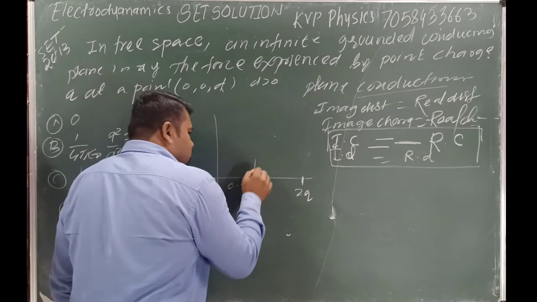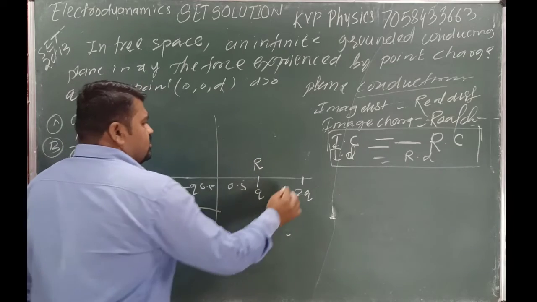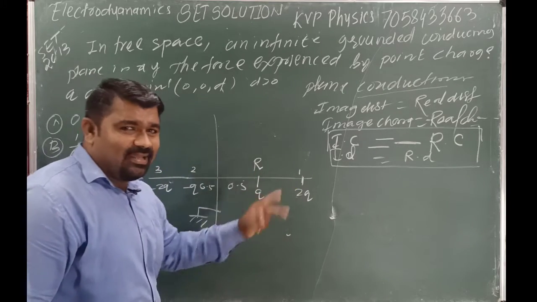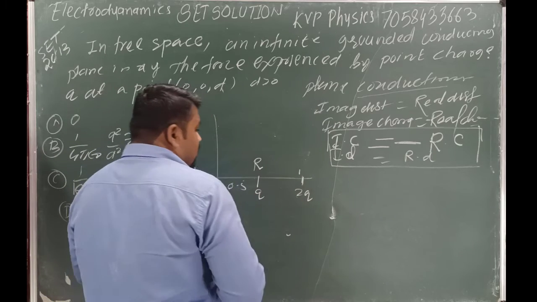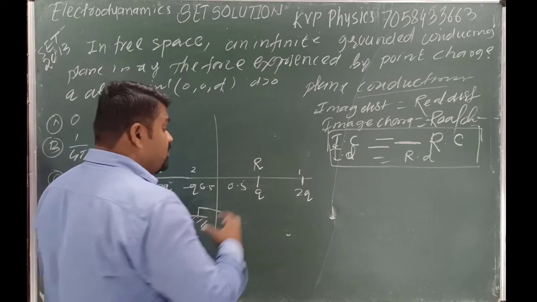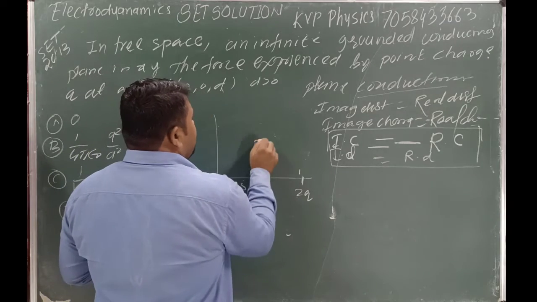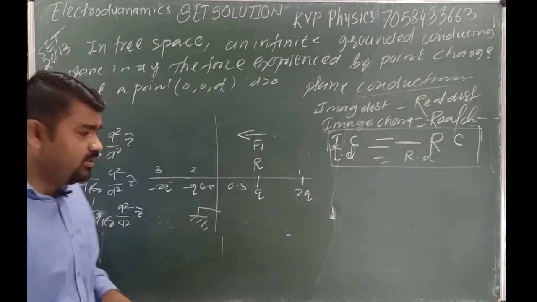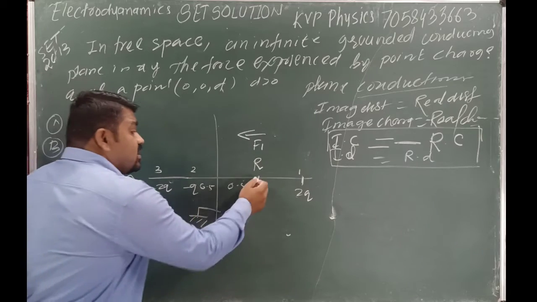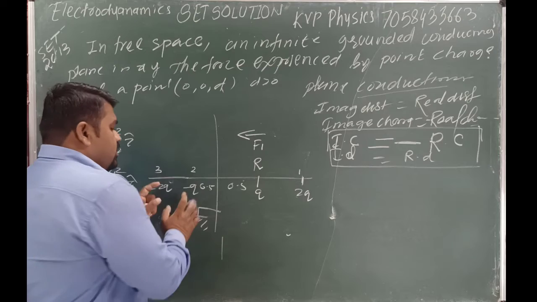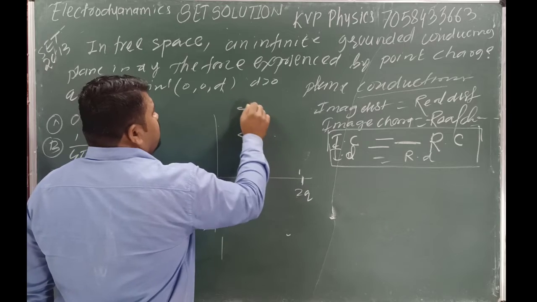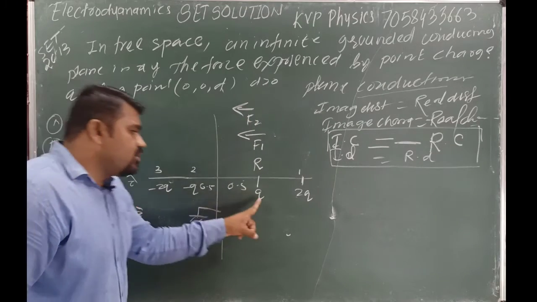Now we can find out. Suppose this one is a reference. This contains charges 1, 2 and 3. Like charges: this 2q repels this one, so this charge moves in a direction, which means F1 in that direction. Here is a minus q and here is a plus q, so minus q and plus q attract. But this one is the reference, and whatever force acts is because of the center. So minus q attracts the charge, which means F2 is in which direction? Got it? Next, minus 2q also attracts this one.